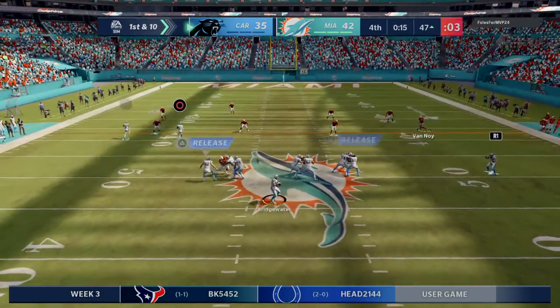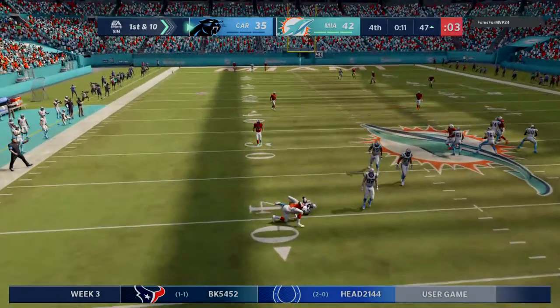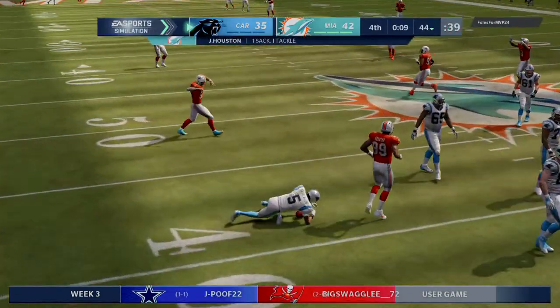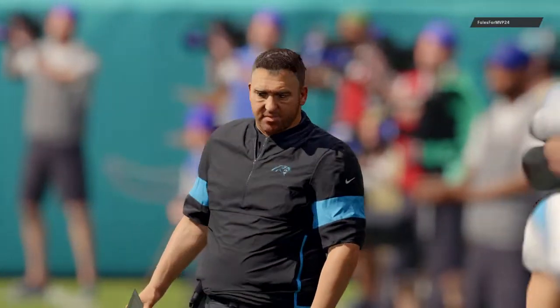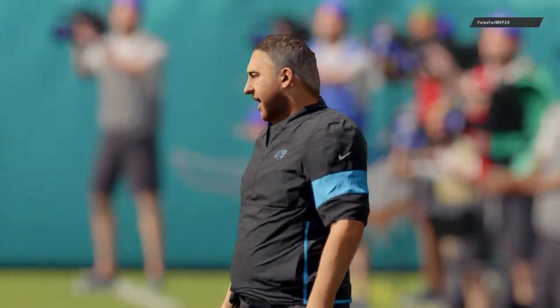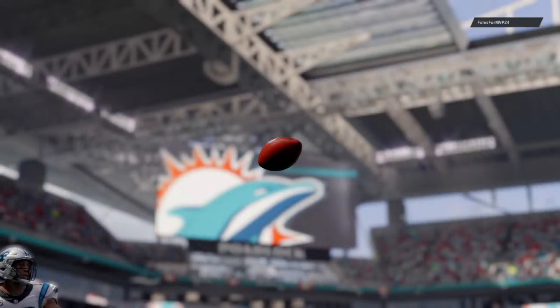Here's Bridgewater. And he can't get a throw off. He's taken down. What a huge play at this point in the game. Justin Houston. It'll go as a loss of about 8 as he gets in there to drop him. Well, we saw a close game that